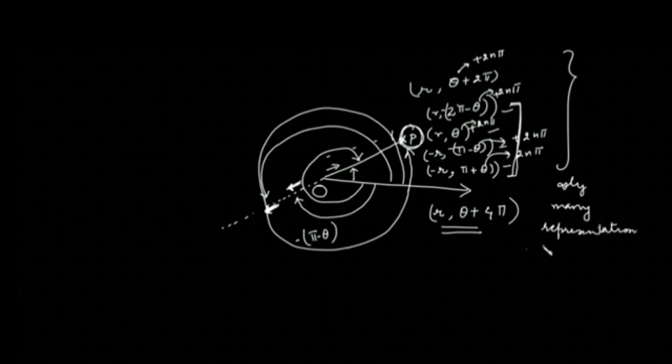So this is the major difference between Cartesian and polar. In Cartesian, the point is represented uniquely. However, in polar, it is represented in infinitely many ways. One can take one turn, two turns, three turns, and after moving the same angle, one can reach the same point. So this P has infinitely many representations. Now just see with the help of an example.